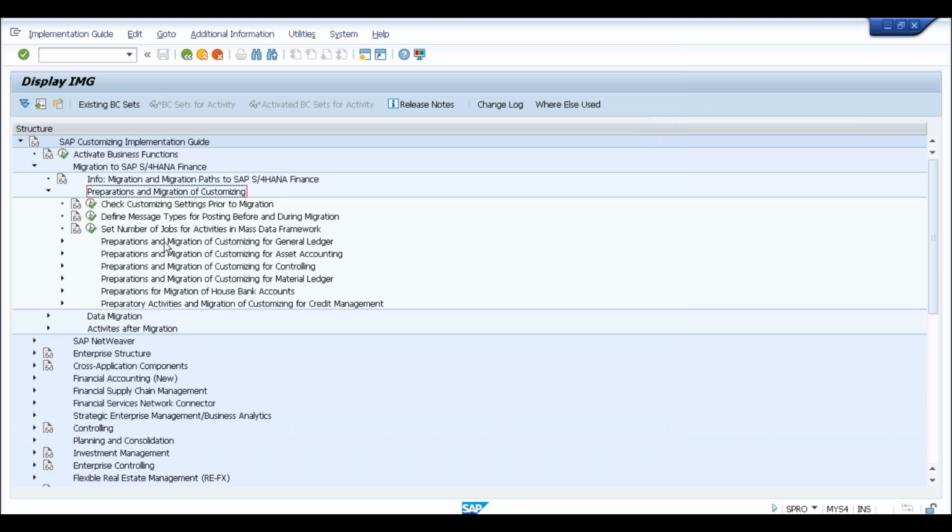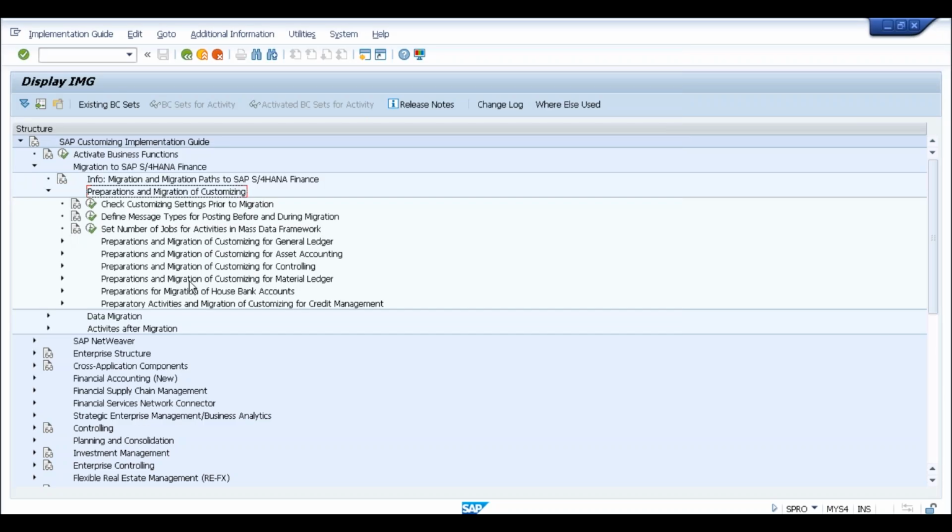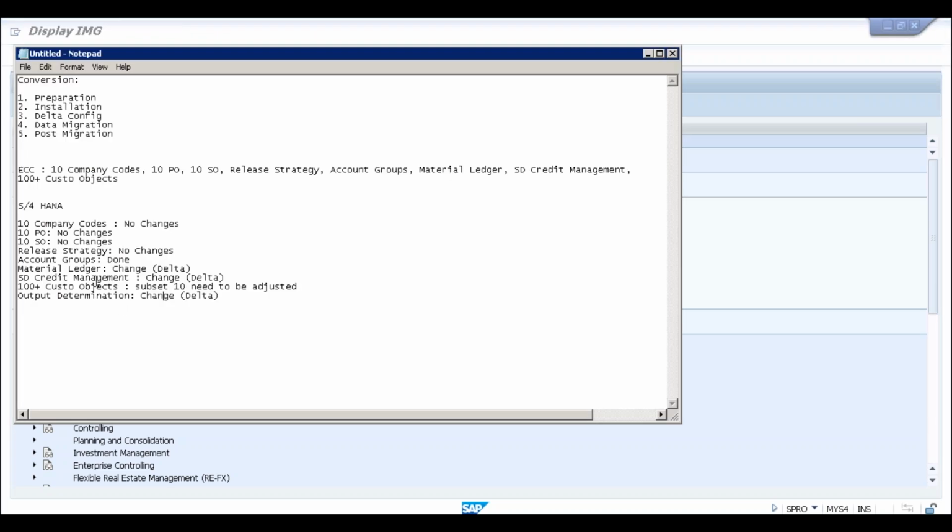If it is not available here in the migration cockpit, you can always go to BRF plus OPD transaction to configure the output determination. Now, what is the reason why SAP has not provided output determination here? Because these are the automatic programs. Okay, so for example, the way in which we configured the credit management earlier, FSCM credit management I showed you,